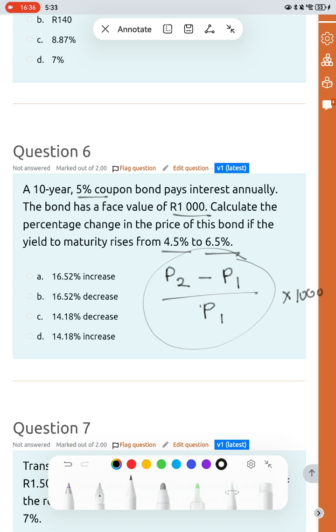So you first find the change in payments, right? And then